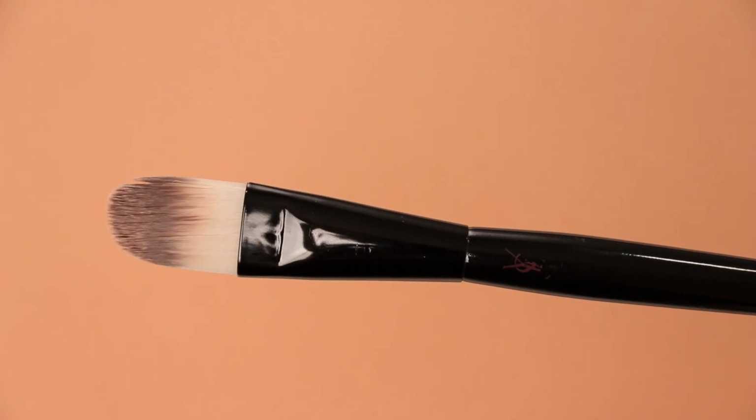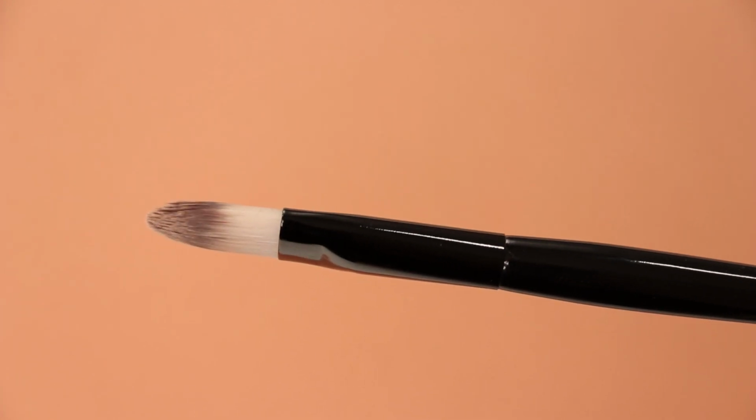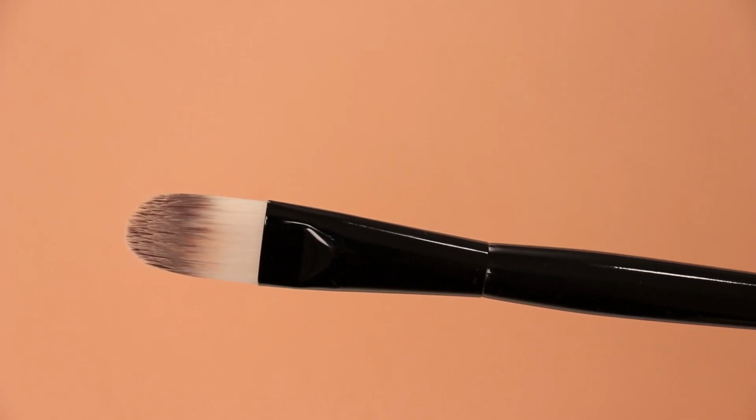This one, shoot me now. If someone knows how to clean a stippling brush, let me know. Because I think even if I throw it in the washing machine, it just won't clean. Therefore, this one, because it can be really precise, it's angled like this, round on the top, and easy to clean. But mainly, especially if you're a makeup artist, you want your brushes to be clean, because otherwise,